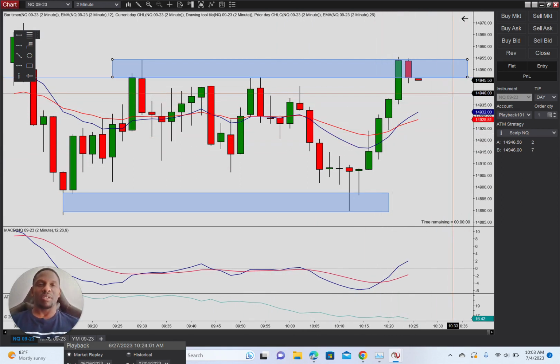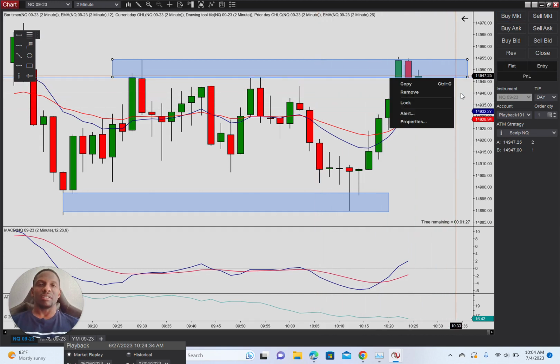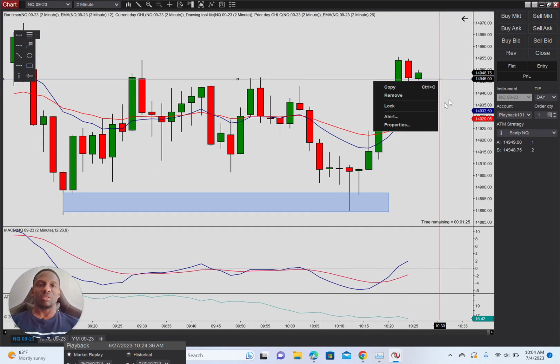So now what we want here is possibly a long trade. Why? Because to me, this became the new support, and I want to see if it's going to maybe spike up through here. I got in a little late, but nobody's going to have a perfect entry. And what I want to do,